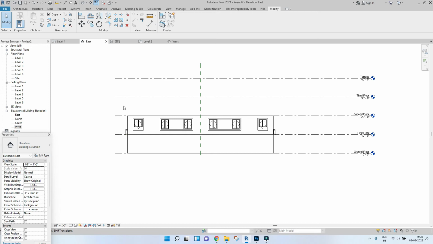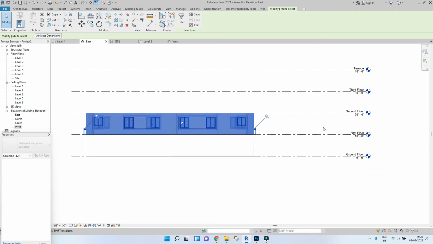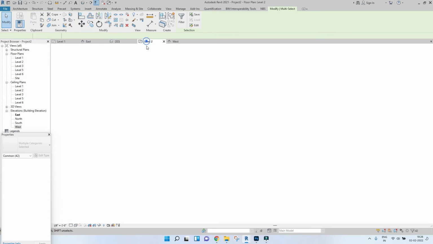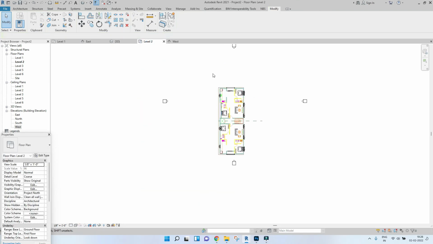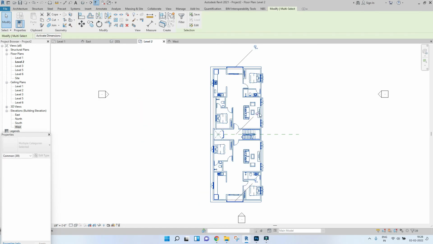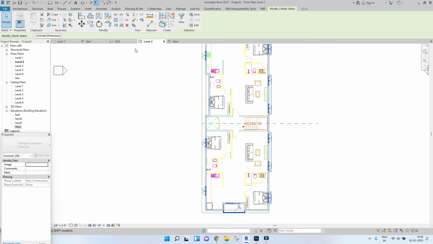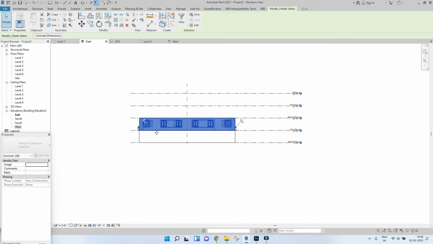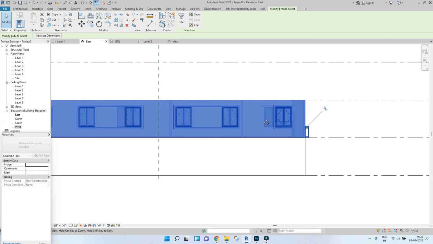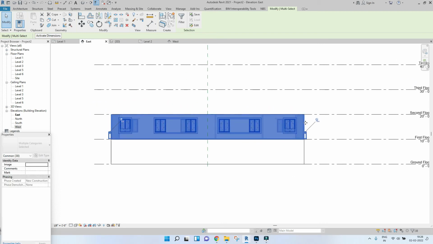To do that, just select everything that is there in this floor. You can either do that in this section, or you can just go to the floor plan and you can just select everything. Make sure the floor plan is not selected because it's not required. And if you come back, just make sure all of the elements are selected. So once you've selected everything that you need,